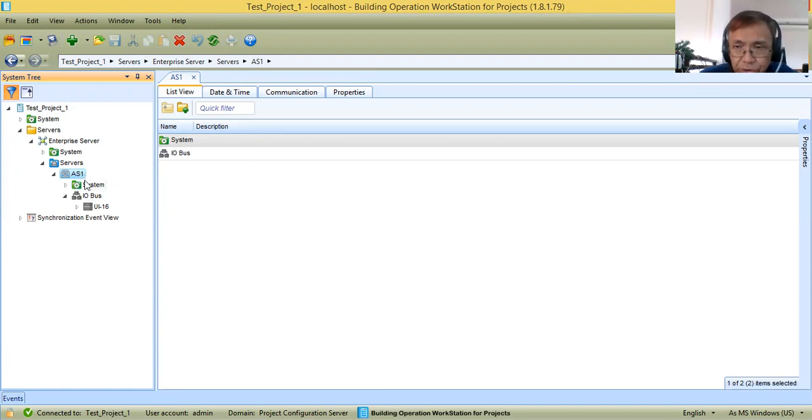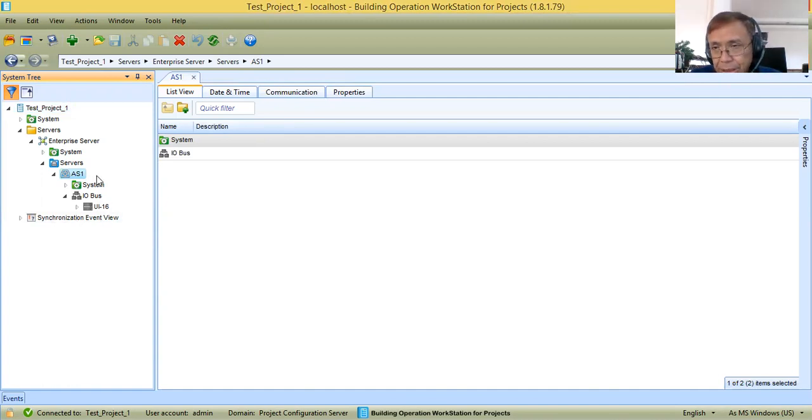Let's say this automation server is going to control and monitor several BACnet controllers. This is automation server AS-B, meaning it will be communicating to BACnet controllers.